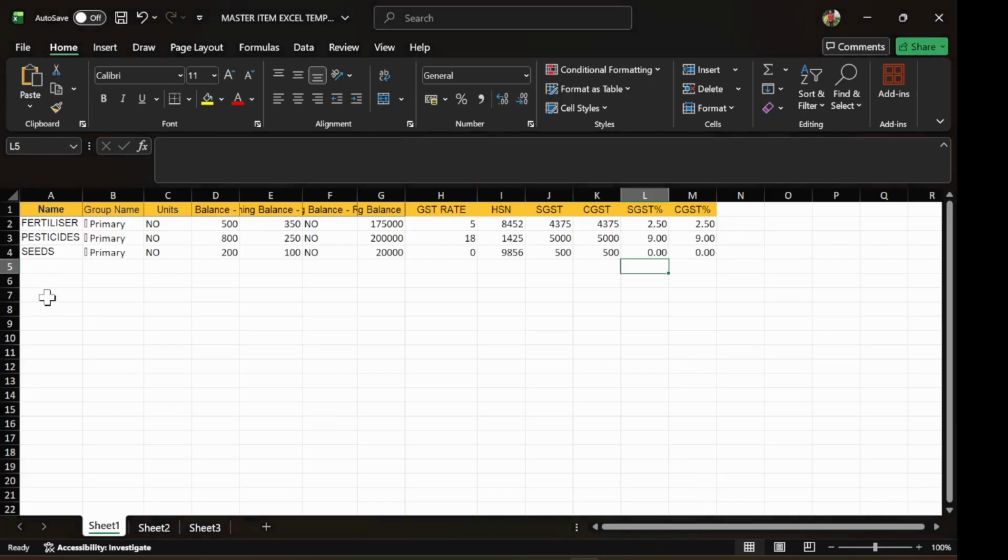You must have all these details. That is name of item, group name. You can have group name, units,